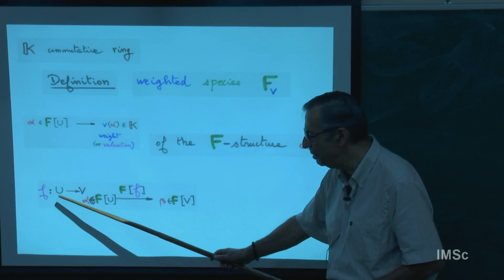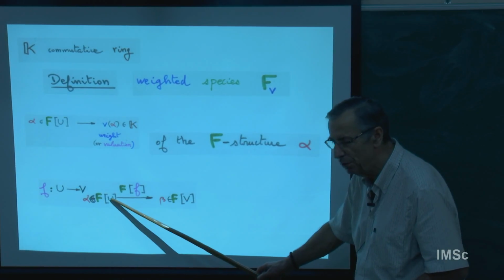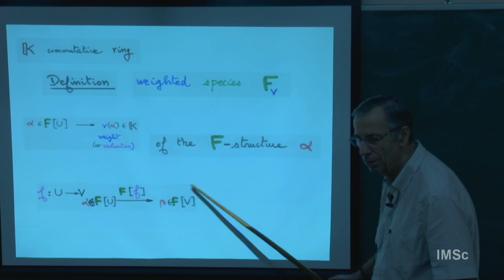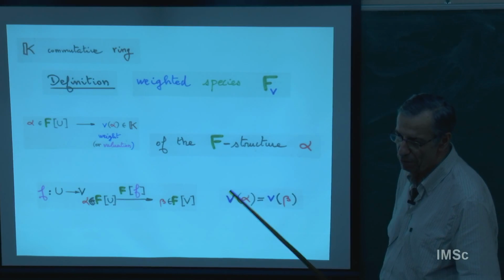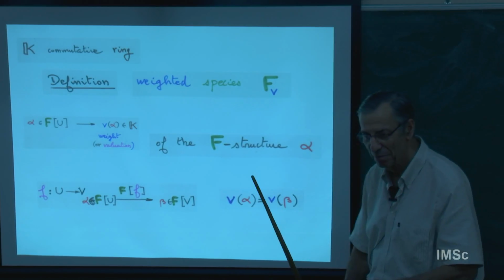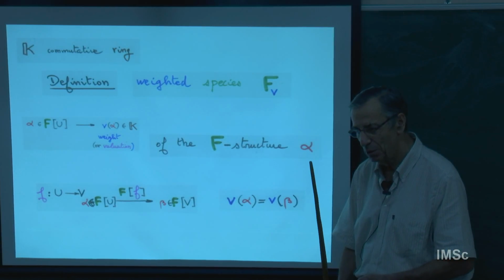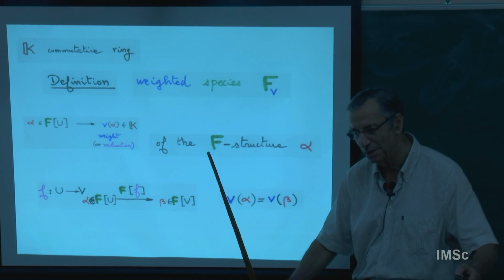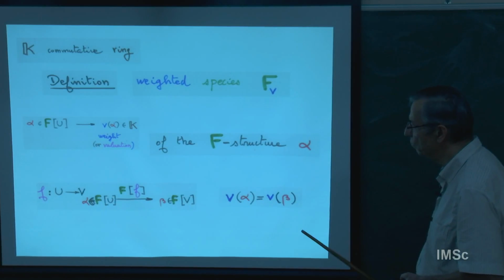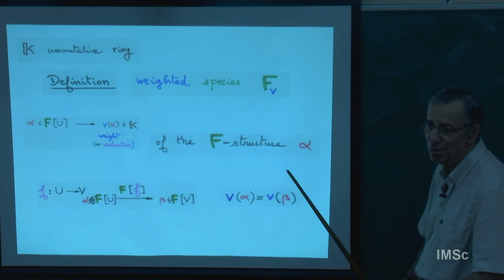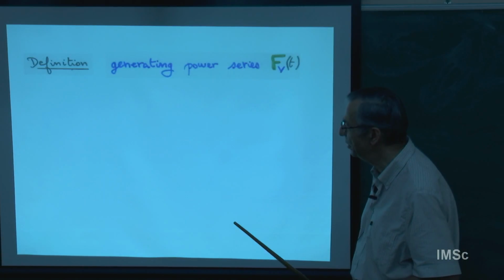If you have any bijection beta sending U to V, you have a transport of structure. The structure on F of U is going to be transported by beta to an analogous structure on V, and then the weight must be preserved. If you have the weight of my assembly of permutations, which was 3 blocks on the numbers 1 to n, and I transport this set U to the set V of letters A, B, C, D, then I will put a weight which must be compatible with the previous weight. So it's very simple: it's the same axiom, maybe the same functor, but just with some compatibility for the weight.